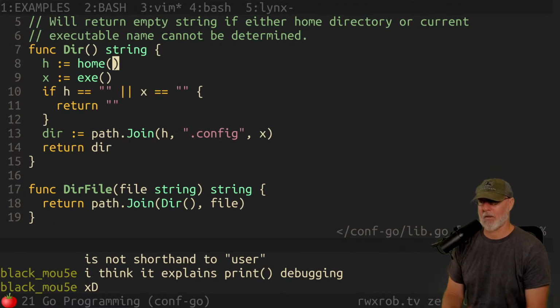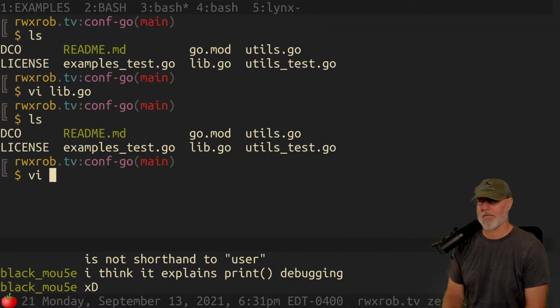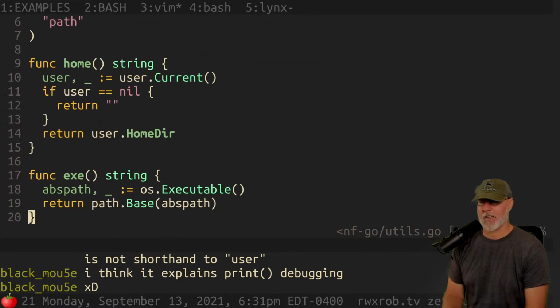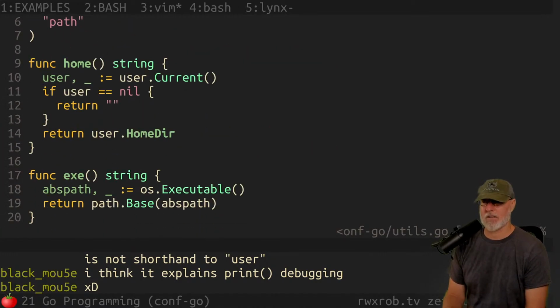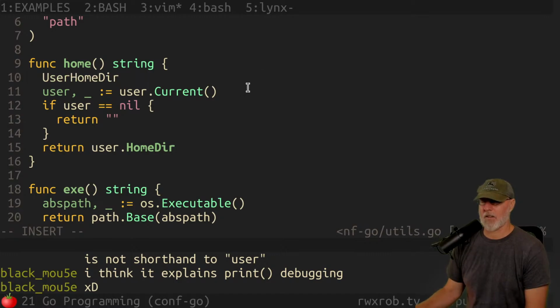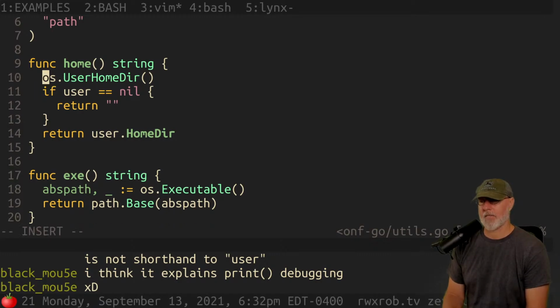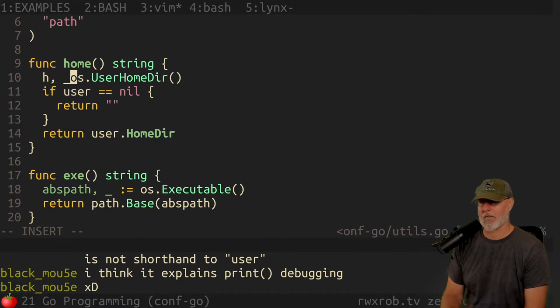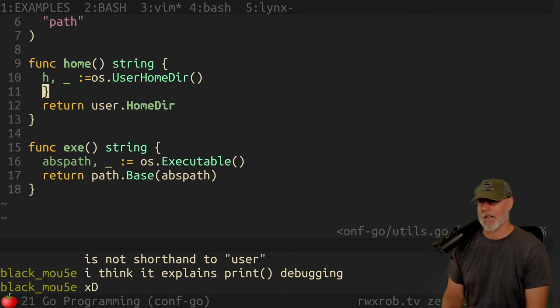Right? So I have broken code. My code is busted. You know why? Because this utils thing here is wrong. This is wrong. Don't do that. I'm glad I encapsulated it. os.UserHomeDir. And then we'll say H, and then if there's an error, yeah, I have to return it like this. I have to look it up, but otherwise it doesn't matter. And I can just return H.